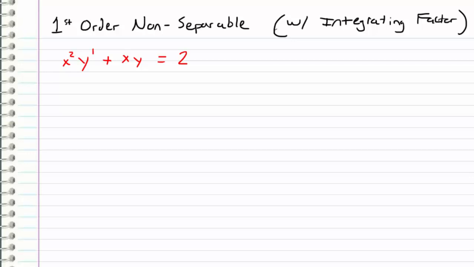So in this video, I'm going to be working through a couple of examples demonstrating how to solve a first order non-separable differential equation using integrating factors. In the previous video, I derived an expression for an integrating factor, and we said that it is a function of x that we call mu, and it's equal to the exponential of the integral of a of x dx, where a of x is simply the function coefficient in front of our y